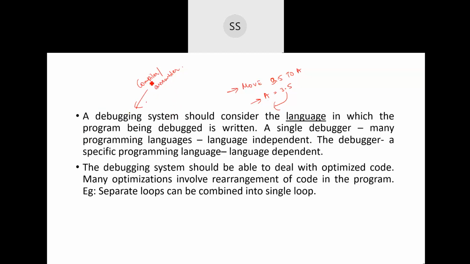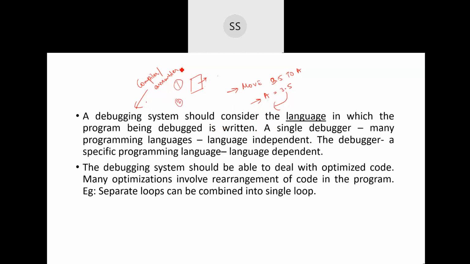What should this compiler or assembler do? It looks at the whole program and writes it in an intermediate form. It will convert it into an intermediate form. And whichever language it is, the intermediate form is going to be common for all the languages. So the compiler or the assembler will be converting the source language into a standard intermediate form. Please remember the term that I've used, standard intermediate form. Once it is converted into a standard intermediate form and I give it to a debugger, things become easier. That is one way of resolving the problem for a debugger which is to be used for all the languages.